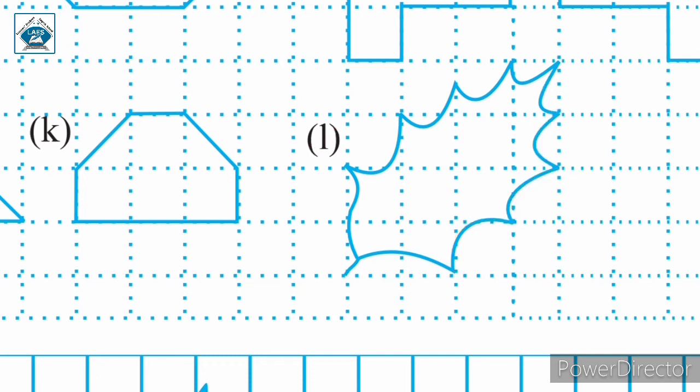What were the conventions? If more than half of a square is filled in a region, we will count it as one square. If less than half of a square is filled, then we will not consider it. Ignore the portions of the area that are less than half a square, and if exactly half of the square is counted, we take its area as half square unit. So using these conventions, we will find the area of figure L.